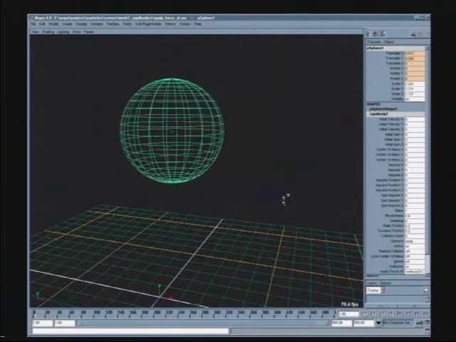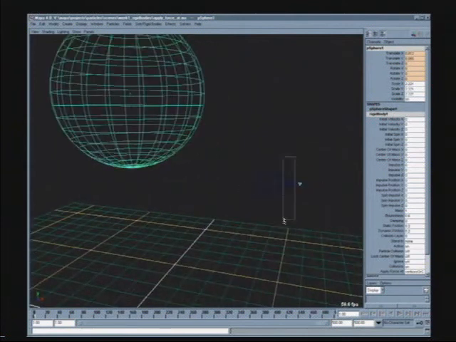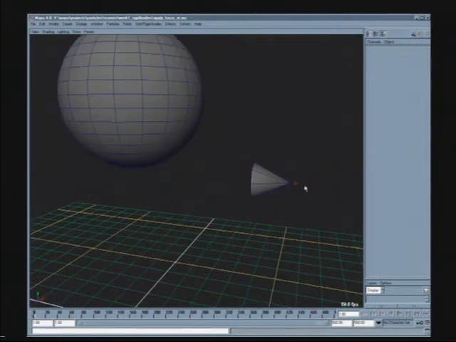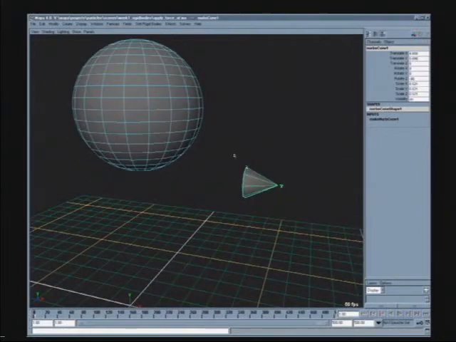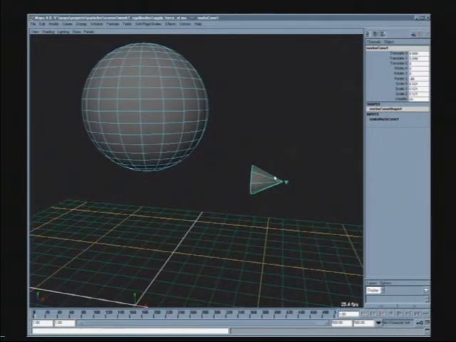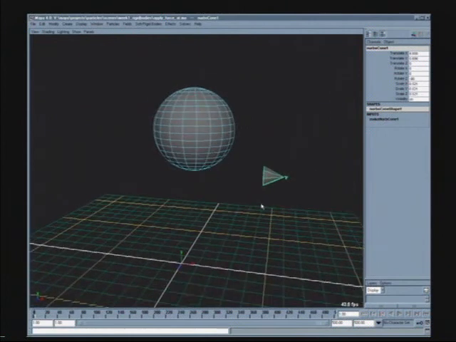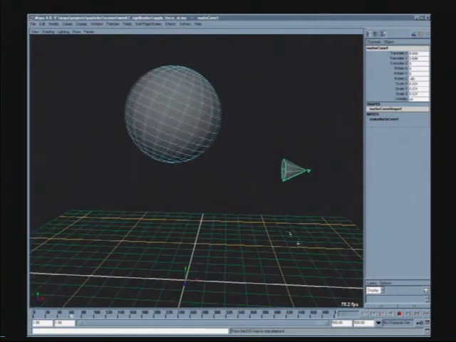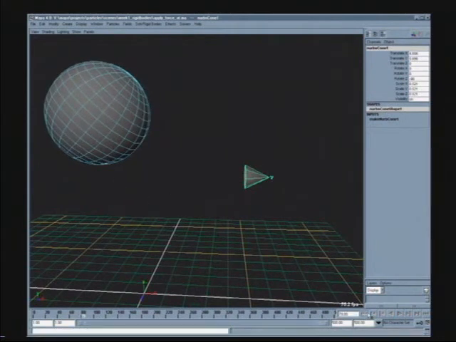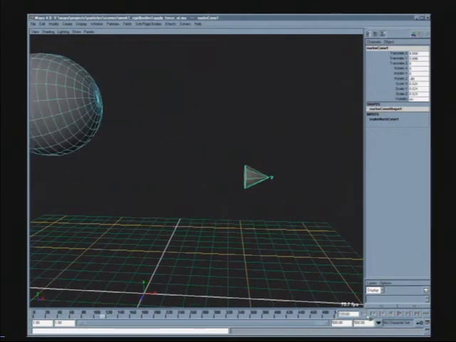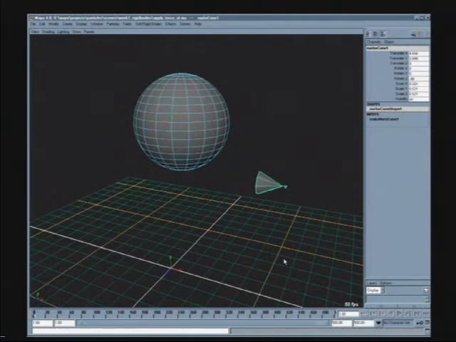I also then have an air field, and we can see this air field right here. I've actually parented the air field to a cone so it's easier to see what direction the air field is blowing wind in. And that air field has a spread, like a spotlight, turned on. So if I hit play, notice how that air field is hitting the sphere at the bottom of the sphere and causing the sphere to spin, meaning the air field is creating torque, or a sort of a spinning motion